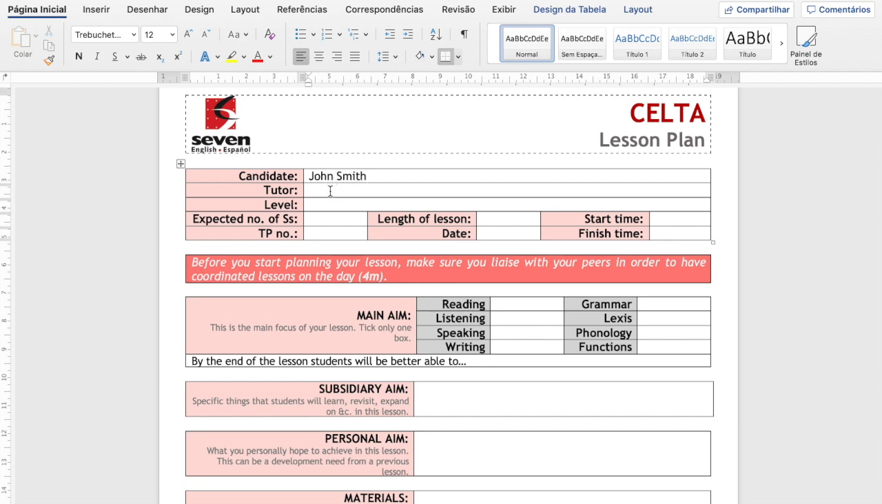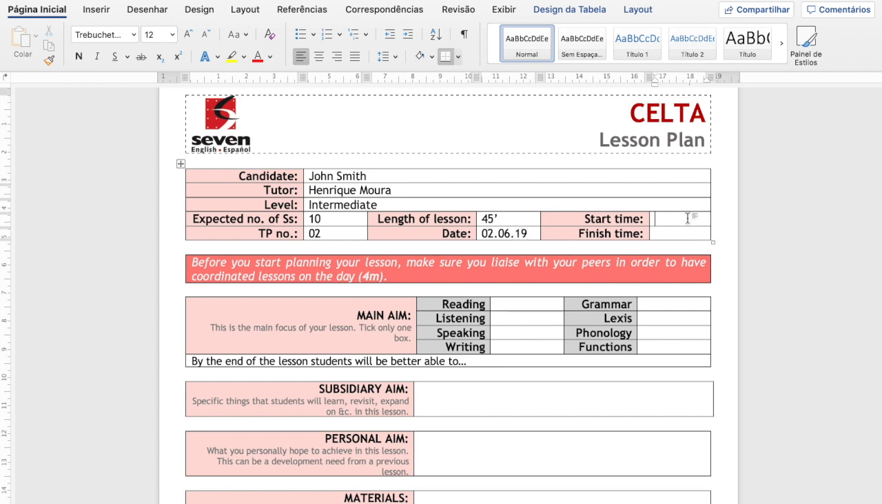Then, you have to write the name of the tutor who will be observing your lesson on the day, for instance, Enrique Moura. Right after that, you have to write the level of the lesson, say intermediate, the expected number of students, which you can find on the attendance list, the number of the lesson you are to teach, for instance, lesson 2, the length of the lesson, your lessons will always be 45 minutes, the date of the lesson,